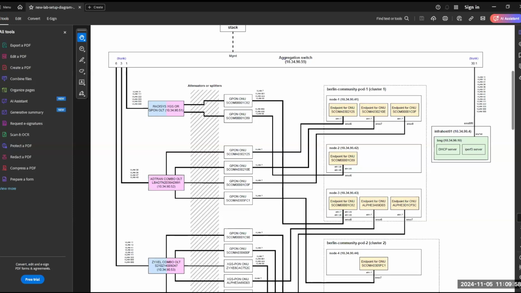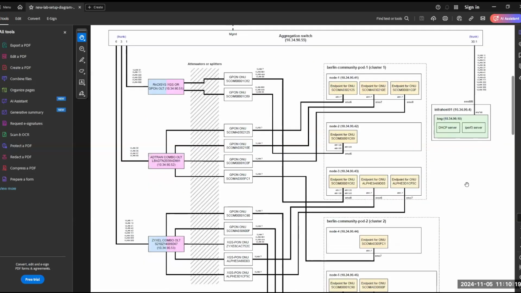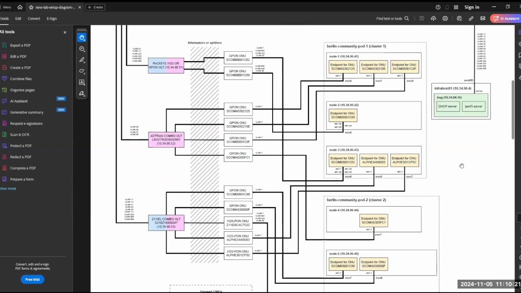As I said, right now, all the nodes, let me go back to the drawing, all these nodes have been redeployed and reconfigured with Kubernetes. The LXC containers have been deployed. We have the BNG taken out from the nodes and now deployed as a new machine in the infra host, and that's also automated with an Ansible playbook.